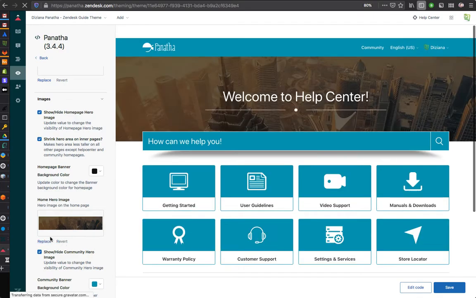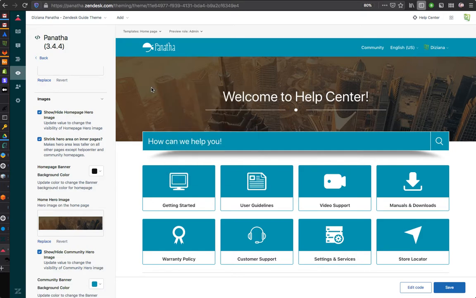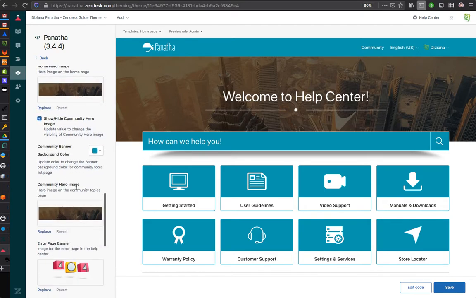You can upload your own image. Again, you can get an idea of this image size by view background image or something. Download this image and get an idea. Our help center also has documentation on the different dimensions for different assets. But you can always upload your own images and get a feel for how you want your image to be, because your image might have different subjects, and you might want something over here rather than over here. So you can just try out different things.